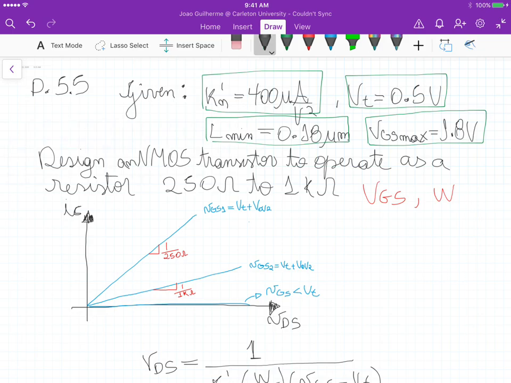Now we need to design an NMOS transistor to operate as a resistor from 250 ohms to 1 kilo ohm. So we need to define the value of VGS, the voltage between gate and source, and also the width of the channel. The goal here is to obtain the smallest transistor possible. So if we remember, for a small VDS,